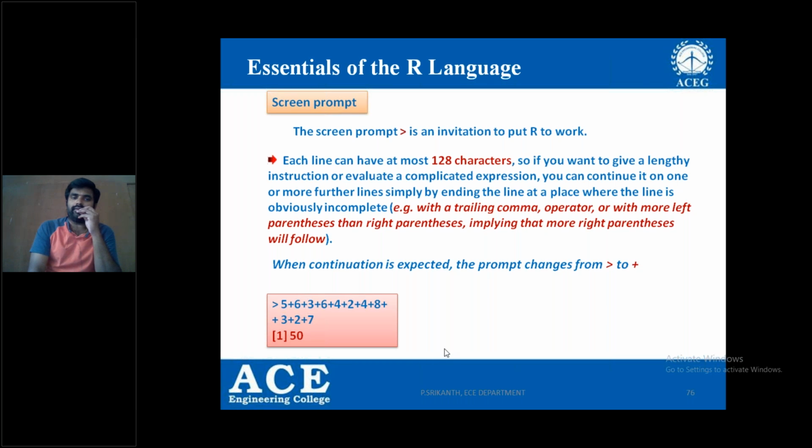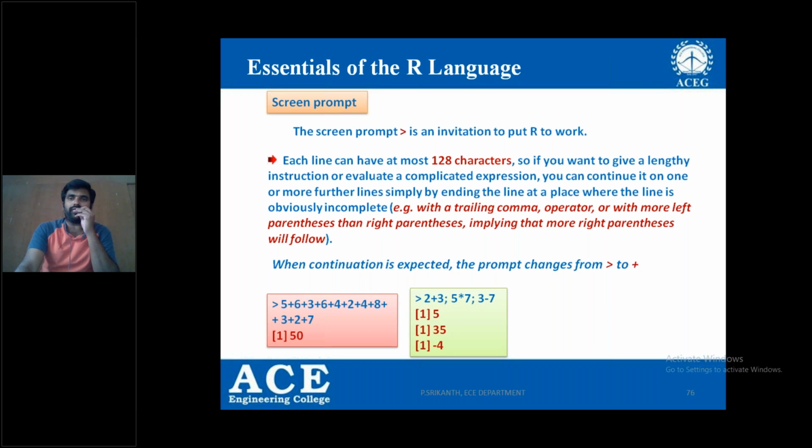I would like to add more numbers, so then I have to use this plus symbol. So 8 plus 3 is actually the code, so here you can see 8 plus plus 3. In the sense, as the line entered into the next line, it has taken plus as the prompt.